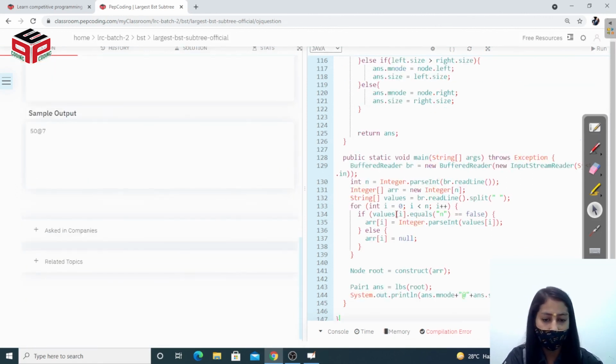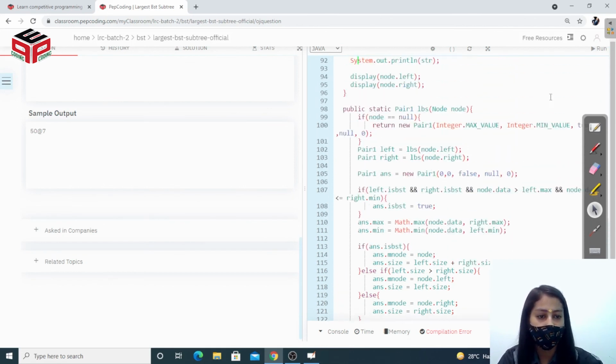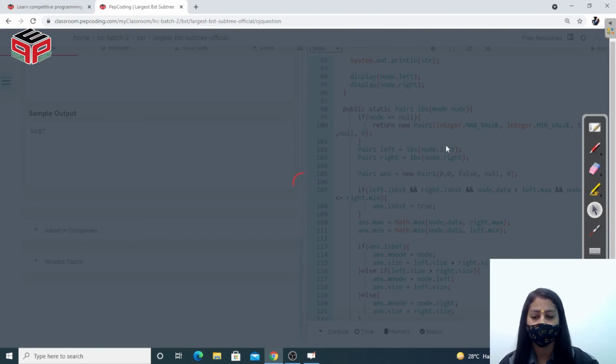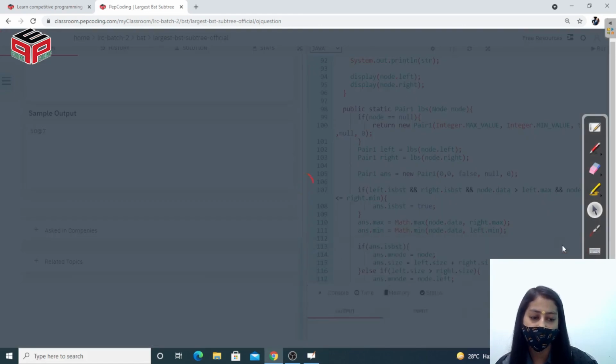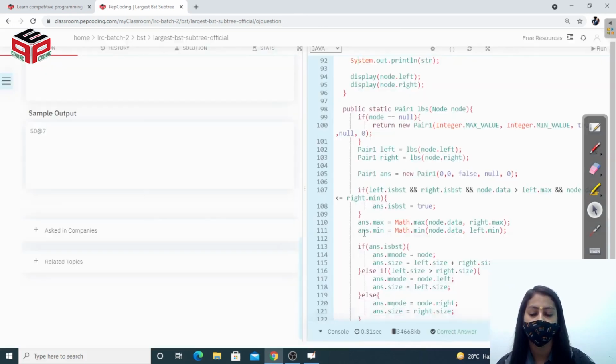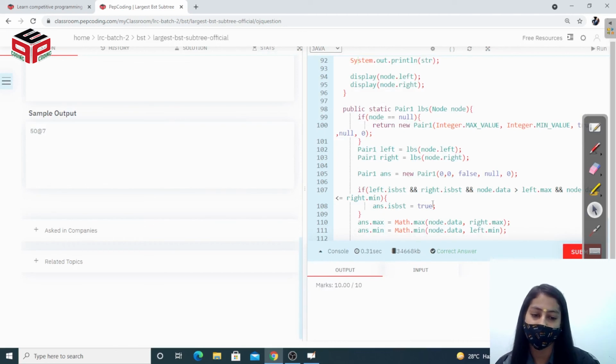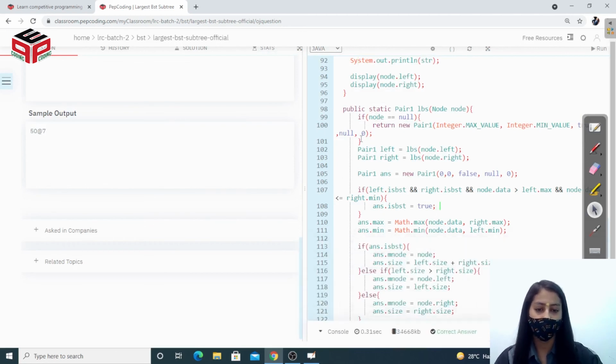Here in the output we have to return the data present at the value, that is the node representing the largest BST subtree, right? So let's try to run it now. Right, so we are getting the expected output. Let's try to submit it. So correct answer. I hope the question is clear to you.